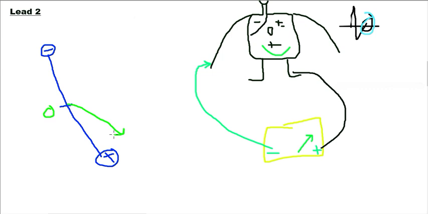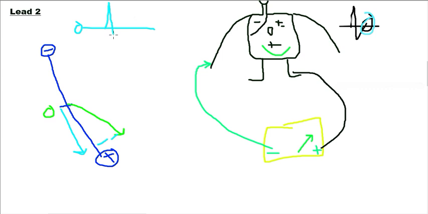We will draw the projection of this on the horizontal axis that connects the negative and positive terminals of our lead 2. Its projection will show a maximum voltage vector whose magnitude is nearly equal to this QRS vector. That's why lead 2 in most cases will show a deflection in the positive direction. So this is the electrocardiographic paper. Lead 2 will also record positive potential.